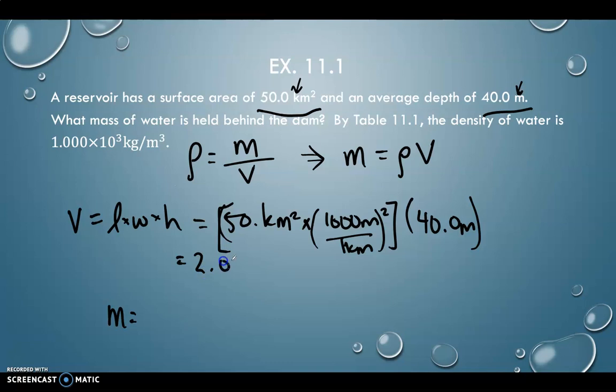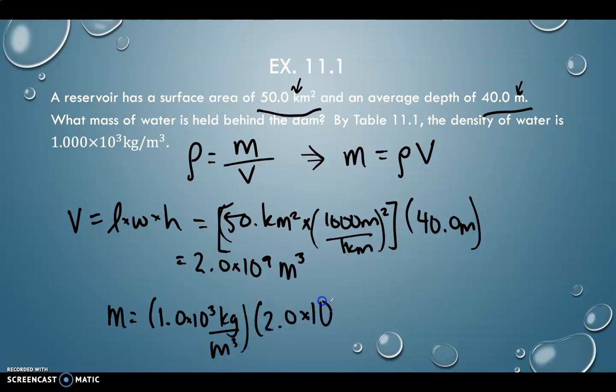Our volume is 2.0 times 10 to the 9th meters cubed now. So we take our density, 1.0 times 10 to the third kilograms per meter cubed, and multiply that by 2.0 times 10 to the 9th meters cubed. And so we get 1 times 10 to the third, 2.0 times